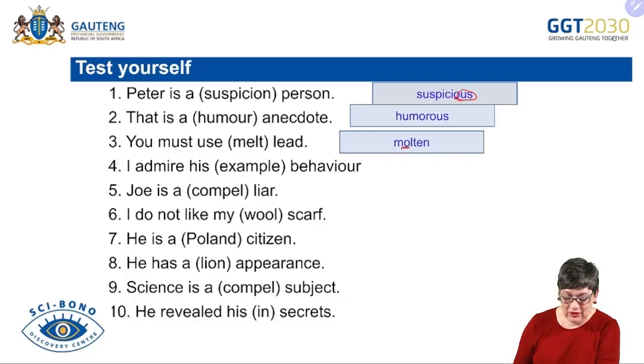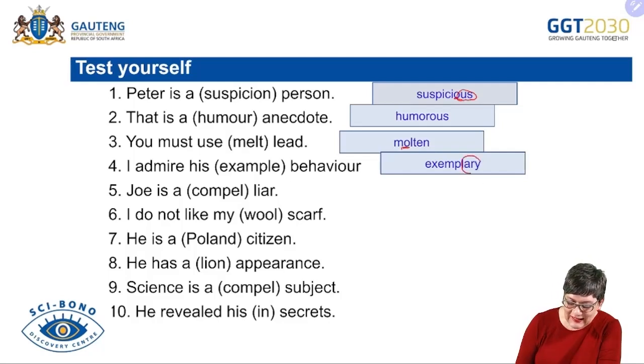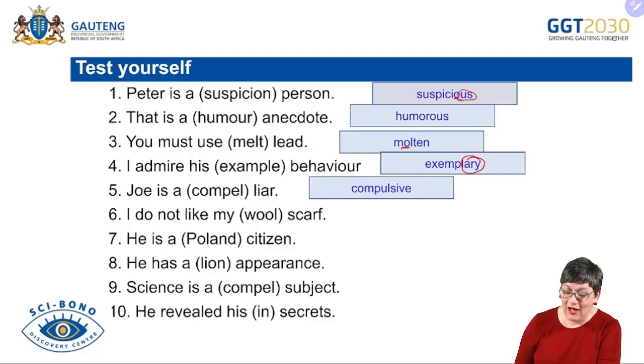Molten. Right. I admire his example behavior. In this case, we're looking at exemplary. Exemplary. Now, can you see how easy it actually is? You're keeping the first part of a word and you're just adding a little part at the back. Next one. Joe is a compelled liar. Now, obviously, we need a compulsive liar. Not compelling,